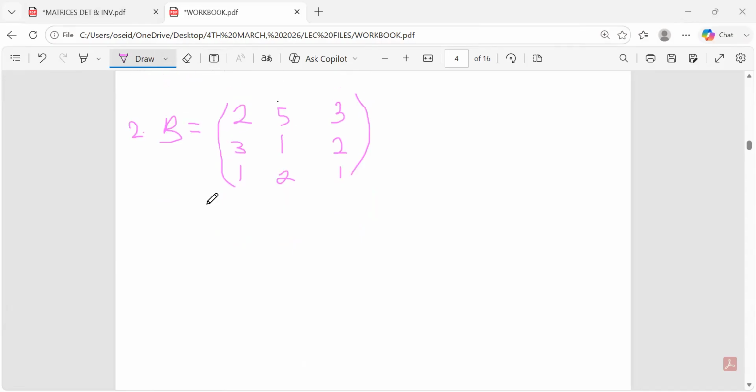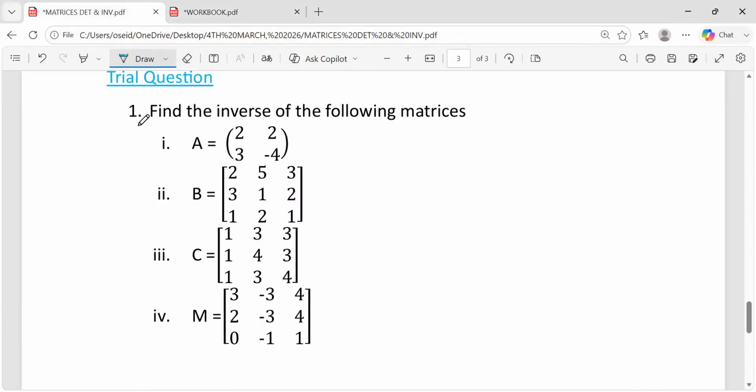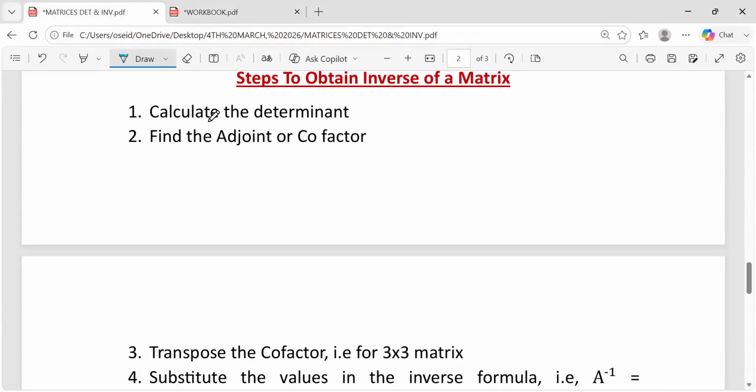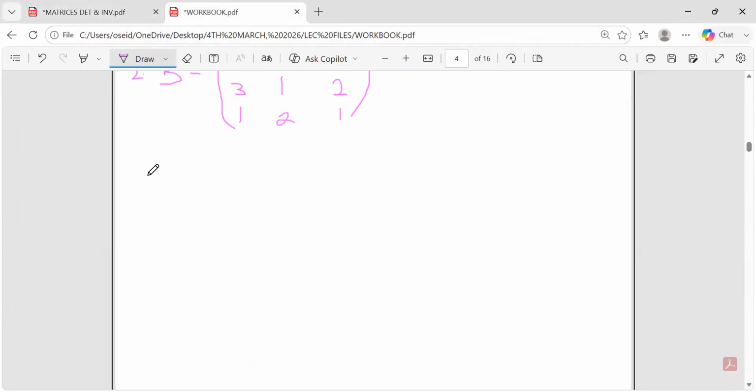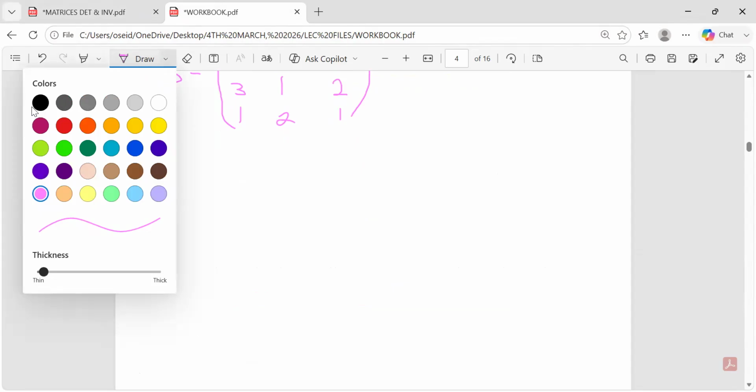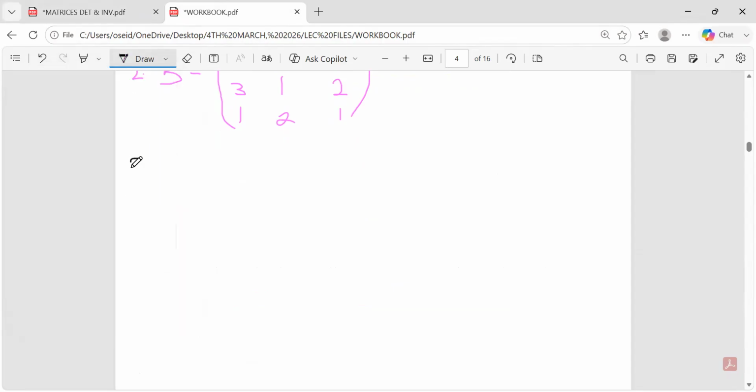So with this, as the step says, let's look at the steps. Step one says you should calculate the determinant. So first, what do we calculate for step one? We look for that A. So step one. So that's B, because the matrix is what? B. So that B will be equal to,